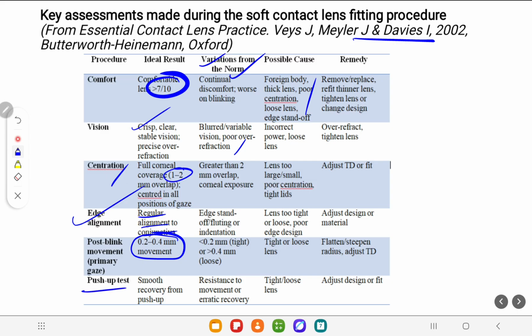What should be the push-up test result? Smooth recovery from push-up. Yes, we want smooth recovery, not fast recovery, and not recovery at all. We don't want null, zero recovery. That's another thing. Just pause the video and see all the chart. Okay,